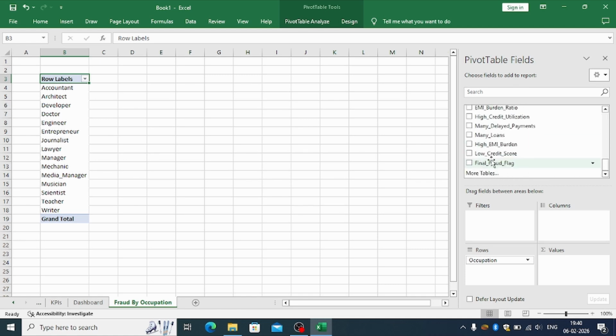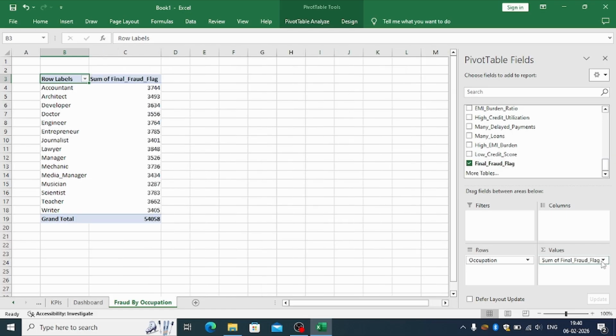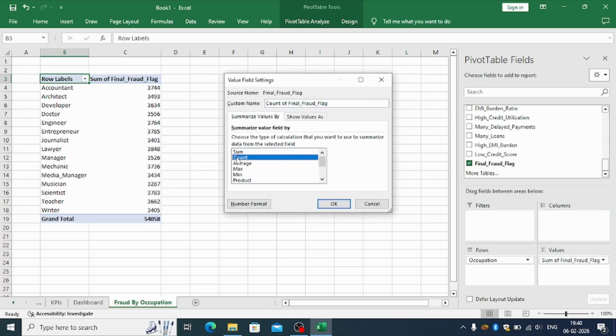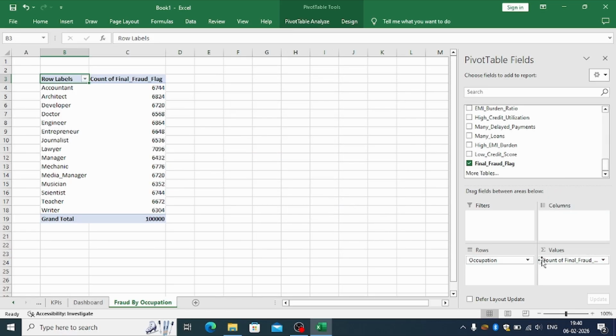Where is the fraud flag? Final fraud flag. In value, we will not take the sum of it. You click here in the arrow. After that, value field setting, go to count and click OK. Count of flag. Okay, and again we will drag in the filters, we will drag